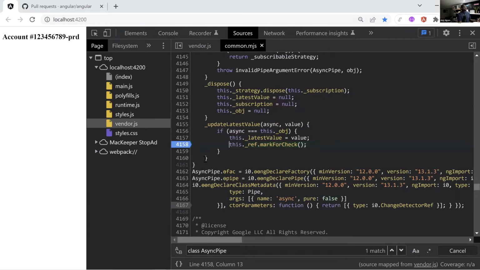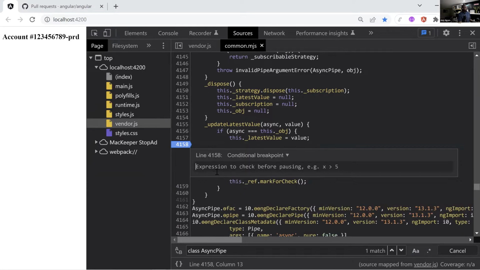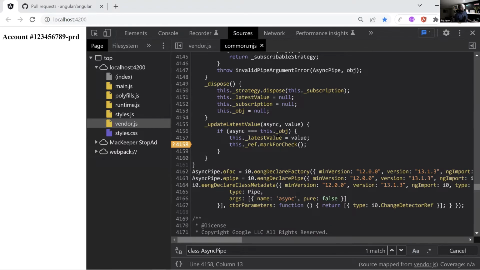This is actual Angular code. And the moment that I put the breakpoint, it went out from vendor and went to common MGS and shows me the actual path of where this exists in the node modules. Wow, this is great. Now, I want to put a breakpoint here, but I'm going to put a conditional breakpoint. And I'm going to just say, okay, if it is not false for my latest value, because in my observable, I just want it when we have a certain value in there. So I'm going to put this as my conditional breakpoint.